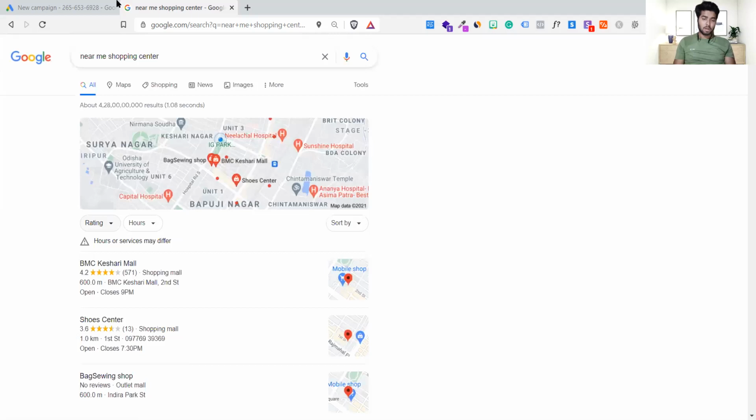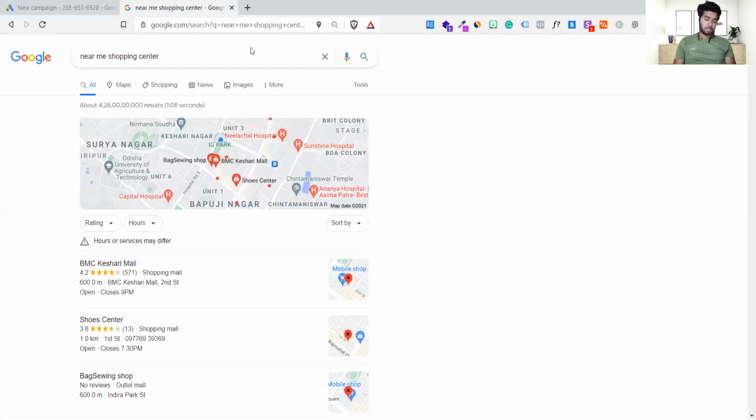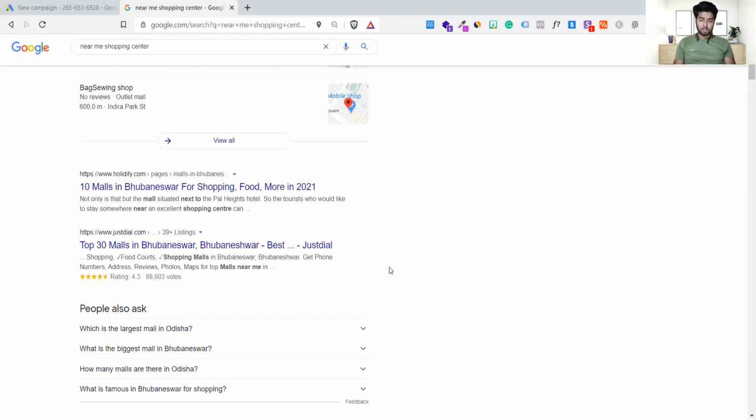Now, when we run this particular ad, there are multiple options to show advertisements. The first question is how these things are coming up. What are these? This is Google My Business. If you're getting confused, you should not be.